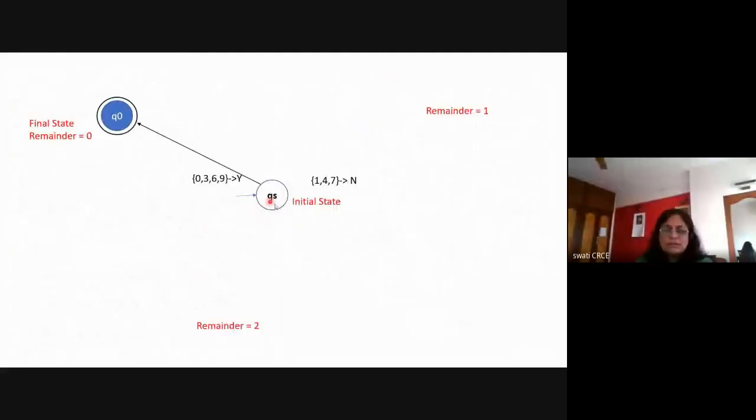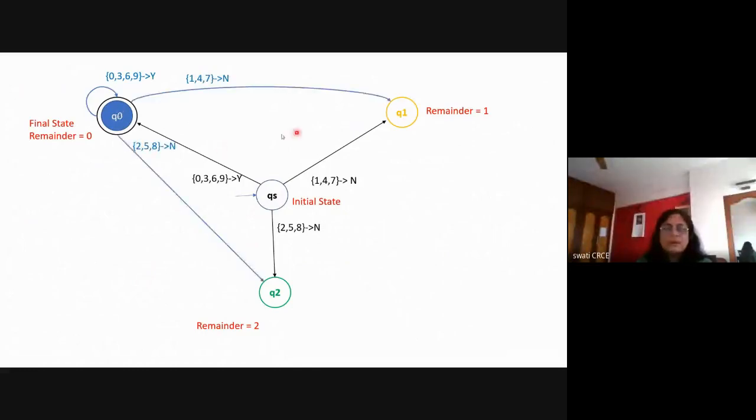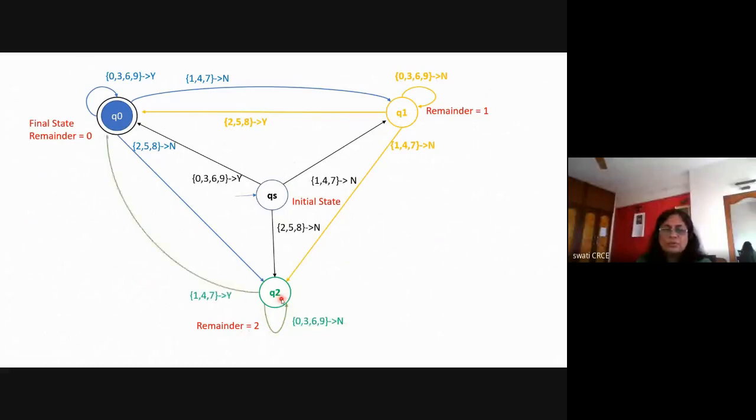Whenever you are designing, you first draw the state, and with respect to this state you draw the transitions. Here in this case we are drawing the transitions for all the inputs 0 to 9. Then you assume the next state, and with this next state you draw all the outgoing transitions of Q0. Every state has some incoming and outgoing transitions, so we always draw the outgoing transitions. Now you consider the state Q1 and draw all 3 transitions of Q1. Then you consider Q2 and draw all 3 transitions of Q2.